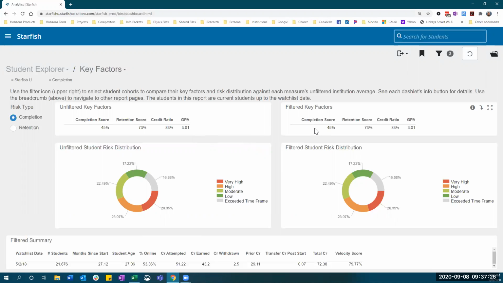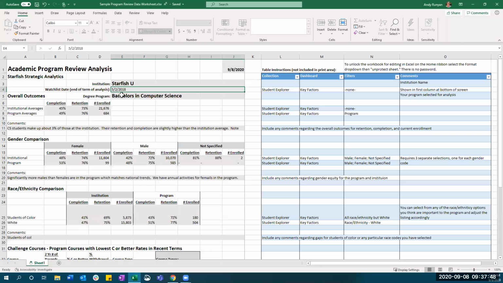Right now, I have no additional filters selected, so the information at the bottom is showing me all of the information about the institution and its students at this watch list date, which for this set of sample data that we have is May 2nd of 2018. So jumping back to my spreadsheet, I put in the watch list date of May 2nd, 2018. This would tell us that the term that this information was drawn from was May or spring of 2018